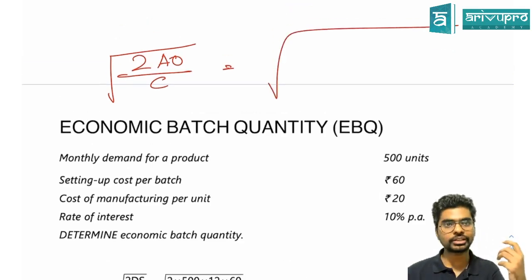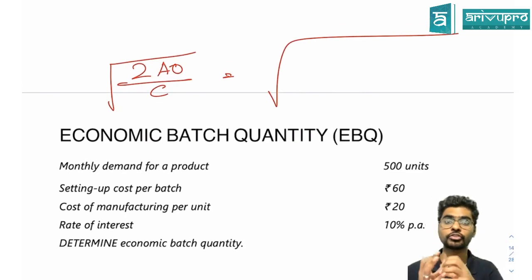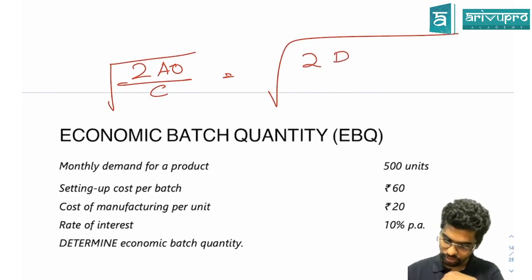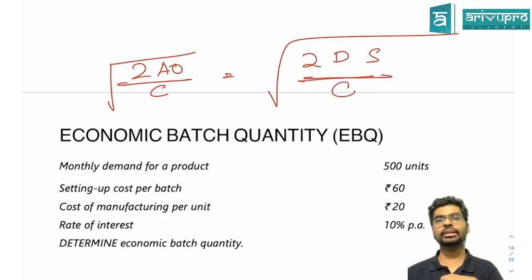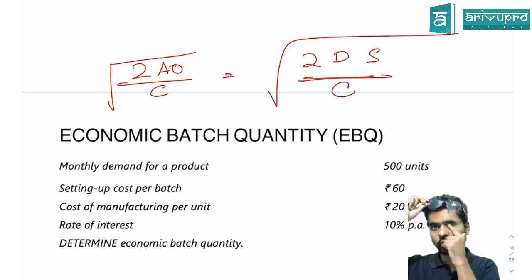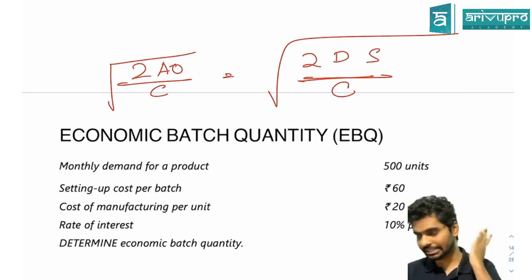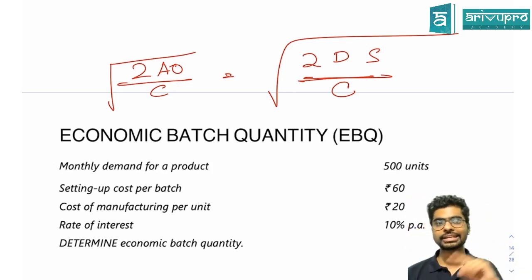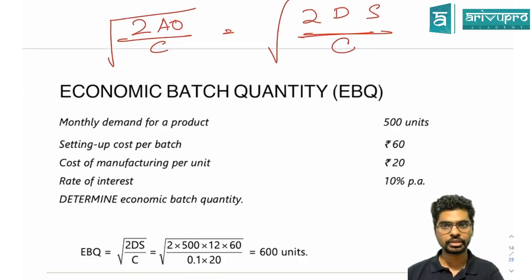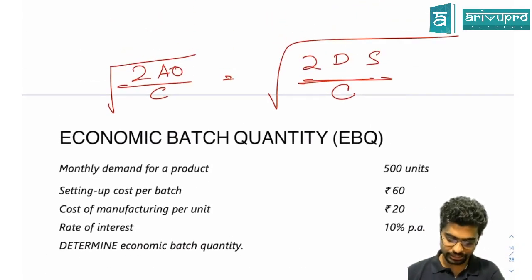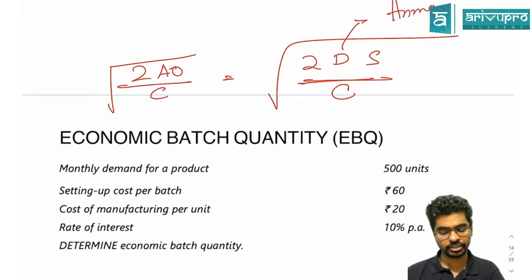There it was annual consumption, but when we are talking of the number of units to be produced in a batch, we do square root of 2DS by C, where D is the demand, S is the setup cost, divided by the carrying cost. Because when I am trying to do a production, we have a setup cost. Setup cost is basically to set up the entire machine, whatever cost goes into it. So instead of ordering cost there, here it's going to become a setup cost. Are you clear? So see here, and D, always remember it's going to be annual demand.